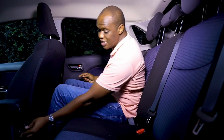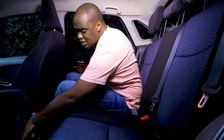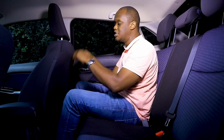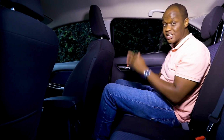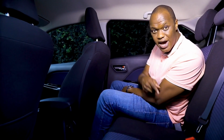Like I had mentioned earlier, there's a 12-volt socket over here for charging anything that you have at the back, and there's a smaller storage area just to keep stuff that you don't want to be moving around in the car. In addition to that, of course, only the passenger side seat has a seat back cover because you don't want to be interrupting the driver when he's on the move. So there's additional storage on the passenger seat. But talking about storage, let's jump into the back and see how much stuff you can carry in the brand